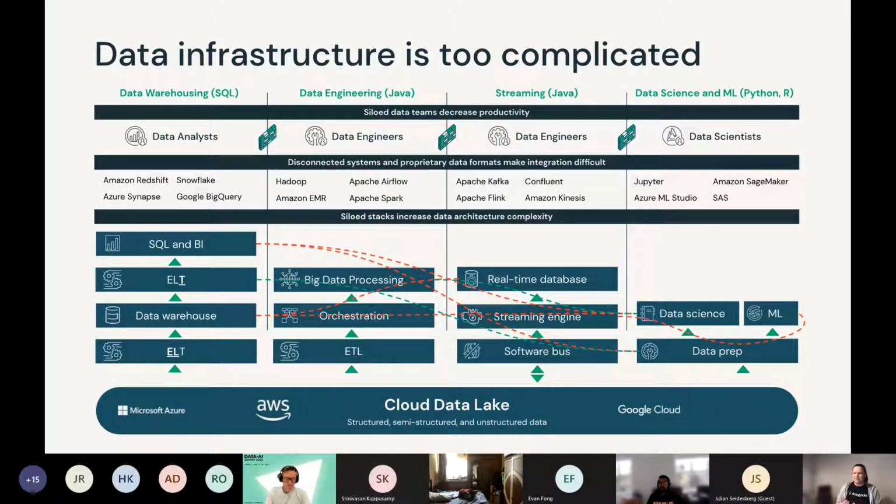But actually underneath, as you can see, the data we're using is actually the same. All those dotted lines you can see around are just your same data being moved all over the place, and that just adds additional complexity. So when you look at it from that point of view, it makes it a bit more clear that if it is structured in that way, maybe it's not that surprising that it is much harder for data science projects to go to production.